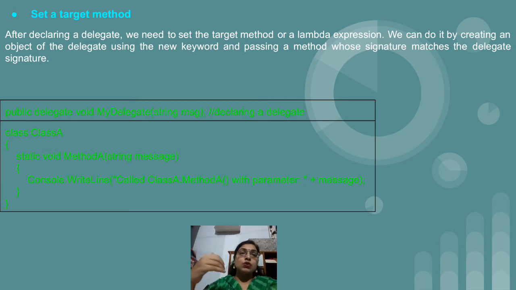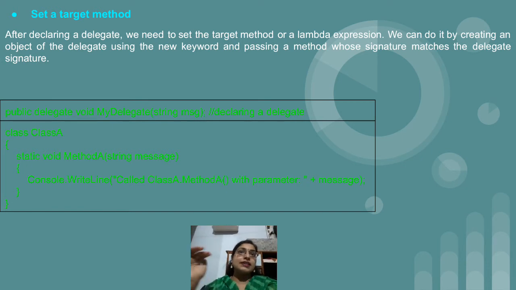Okay, so there is one rule. The way in which you have declared the delegate, the method should have the same signature. It means if you have created a delegate with the void return type, then when you create a method for that particular delegate, you have to make use of the void return type only. If you have created the delegate with parameters, one parameter, two parameters, then the reference method which you create for that particular delegate should match that number of parameters.